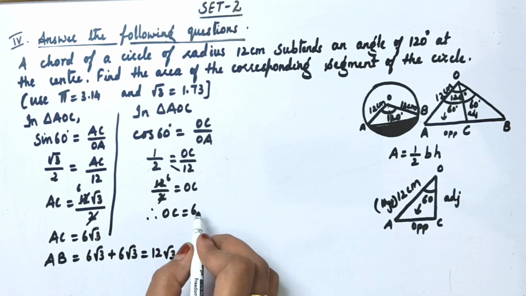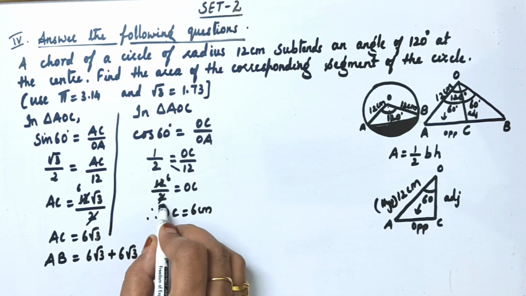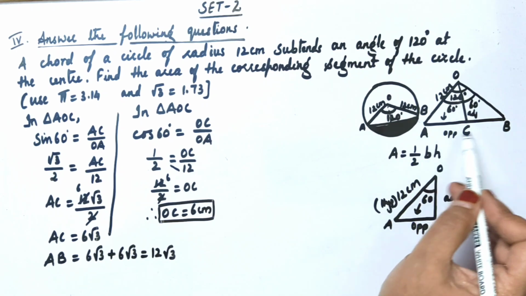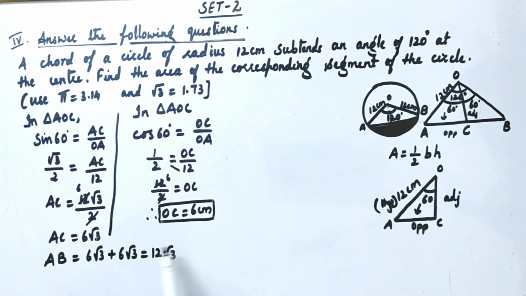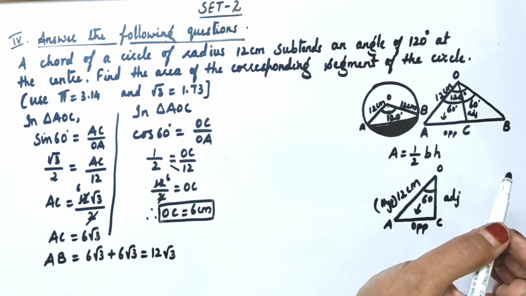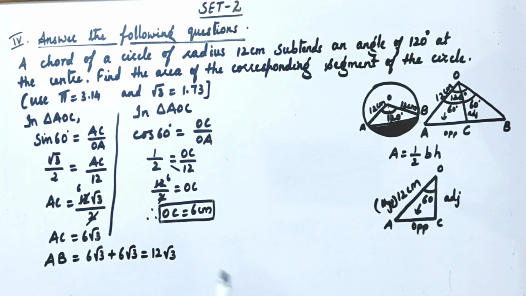Therefore, OC equals 6, that is 6 centimeters, the height of the triangle. I got the base, I got the height of the triangle, that is 6 centimeters, students. Okay, now